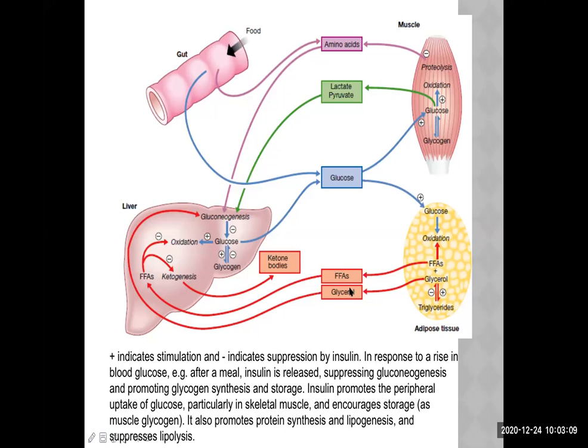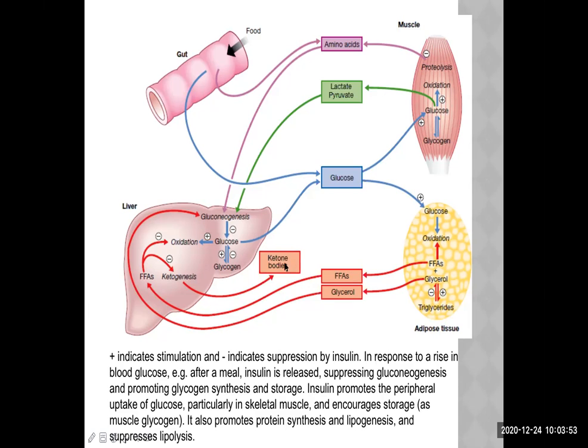Now, this free fatty acid and glycerol are the components of the fat. This free fatty acid will be taken up by the liver, and it will be converted into ketone body. There are three types of ketone body we have. Can you name them? What are the three types of ketone body? Acetoacetate, acetone, hydroxybutyrate. Okay, good. So they are acetoacetate, beta hydroxybutyrate, and acetone. We'll talk about them so many times in this class. Don't worry, the names will be highlighted later also.